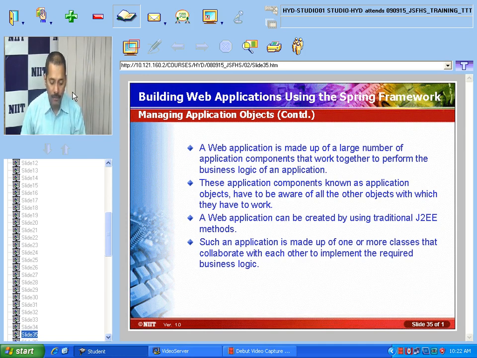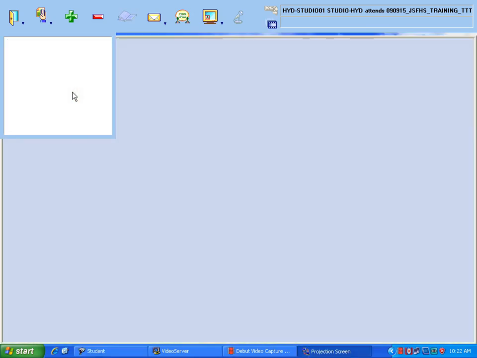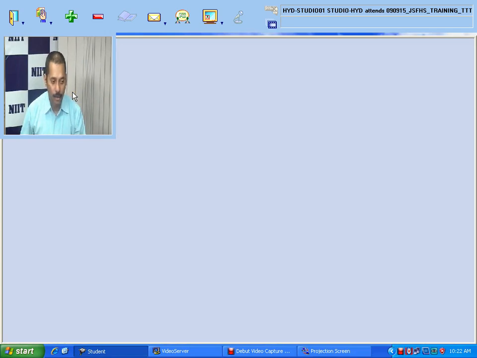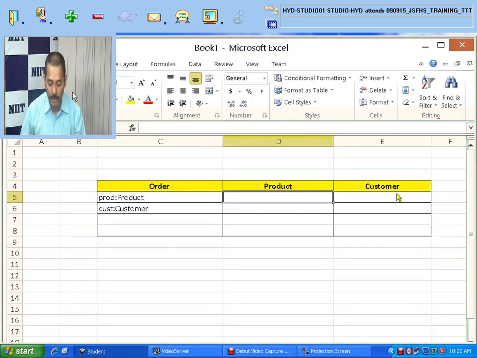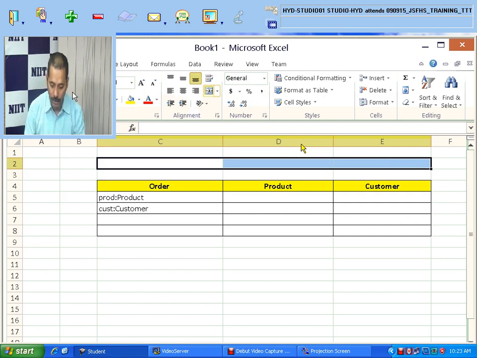So these objects are tightly coupled. This is what we talk about, the tightly coupled architecture which we are implementing. Here you could see that I have created an order class, a product class, and a customer class. In the order class, because an order will contain the product detail as well as the customer detail, we have created an object of the product class and of the customer class. This type of architecture, if you are implementing, is called tightly coupled architecture.